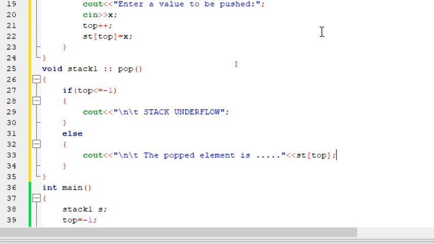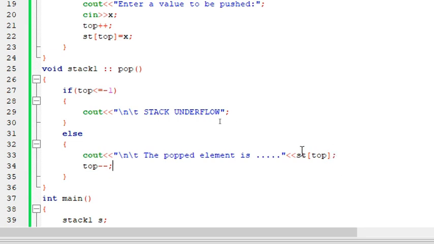I can't remove the memory, whereas in a linked list, you can remove the memory manually, because it's dynamic memory allocation. Here we can't do that. I can just say the popped element is so and so. Once I'm done with this step, I have to decrement the top. I say top minus minus. That's it. We are done with push and as well as with pop.